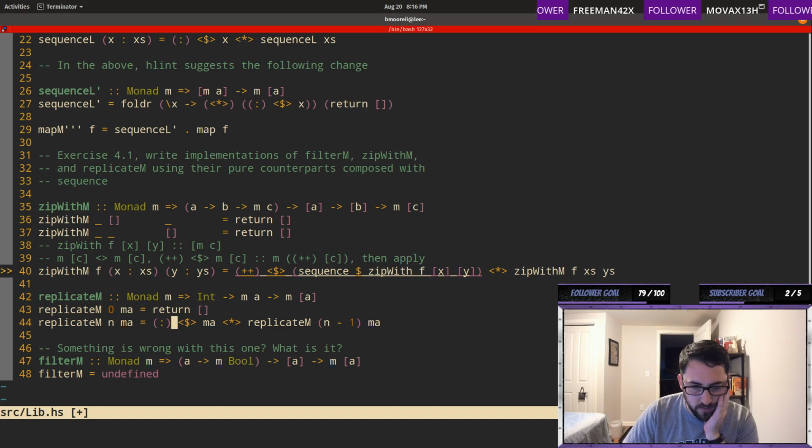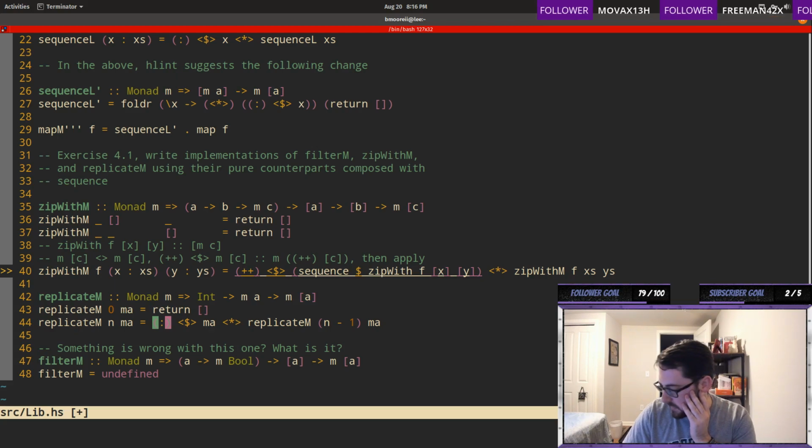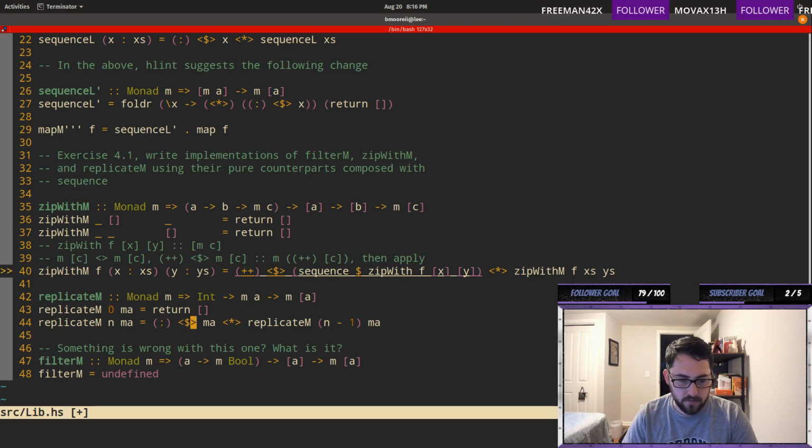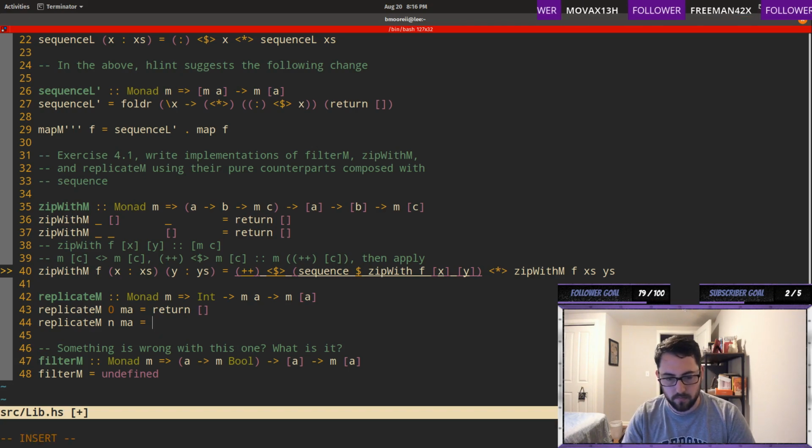Wait, why is this type checking? I don't need sequence here. Oh, I'm supposed to use replicate. That's why. Sorry, I'm cheating. Okay, so we need to